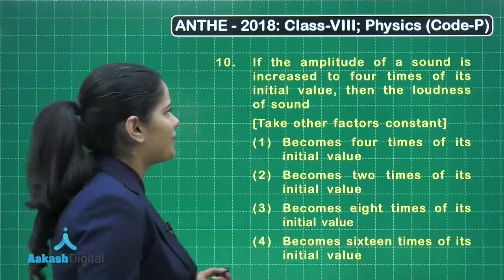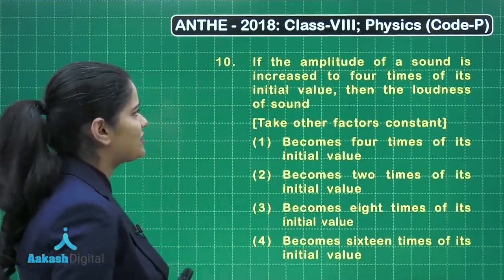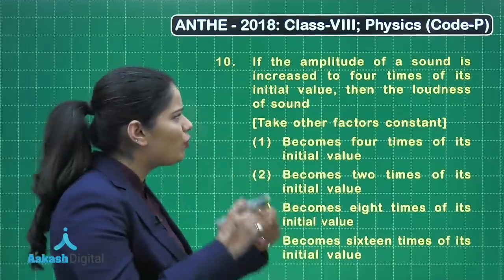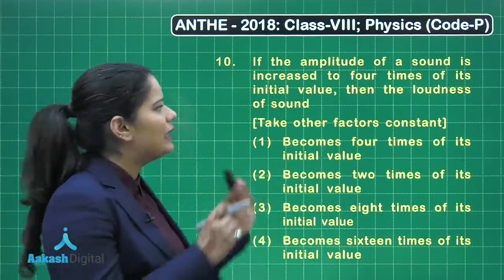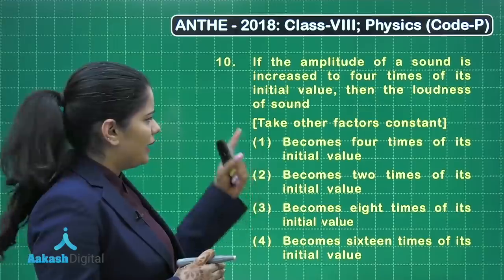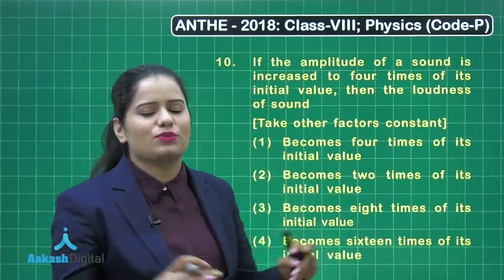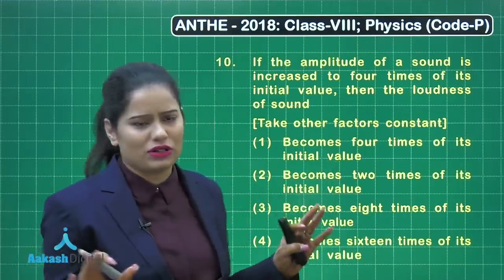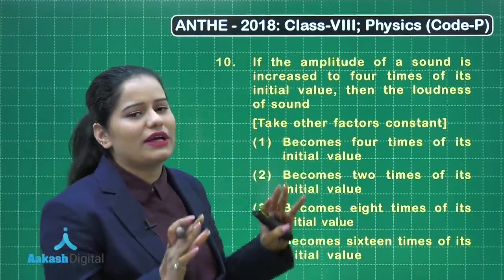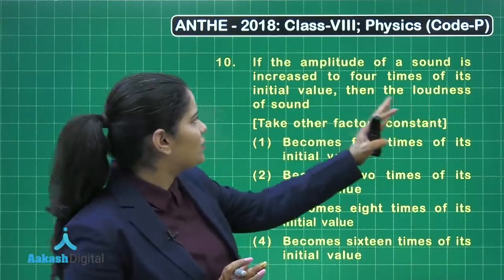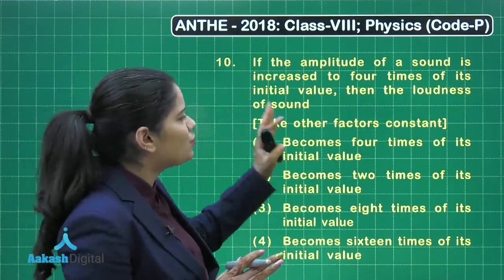Now let's take up question number 10. This says, if the amplitude of a sound is increased to 4 times of its initial value, then the loudness of sound... Here we are given this condition: take other factors constant. We have to take all the other factors to be constant. So we just need to find out how the loudness is going to change if the amplitude is increased